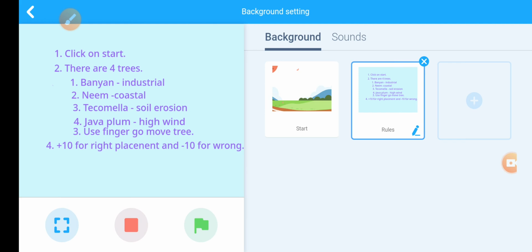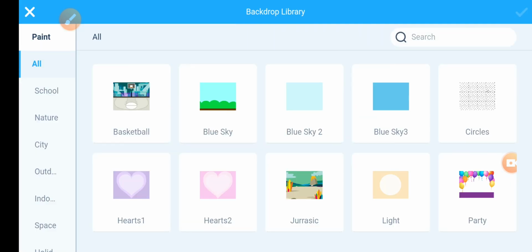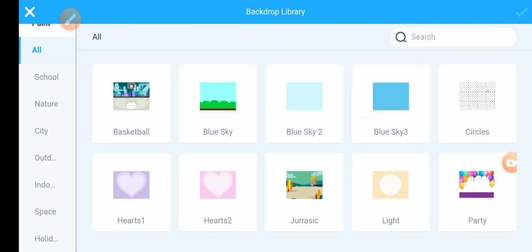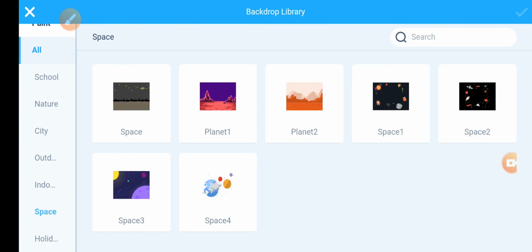Then third background is used for game over. For game over, go to space. You have to choose any screen for this window. I have chosen this background for the game over screen.